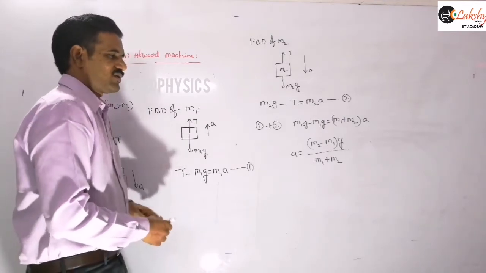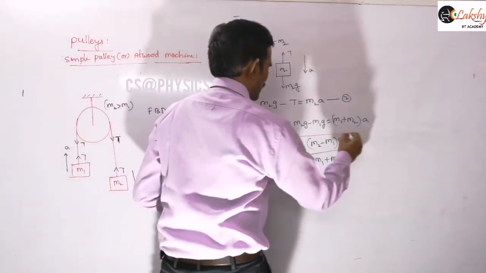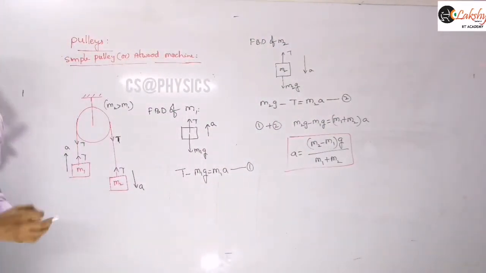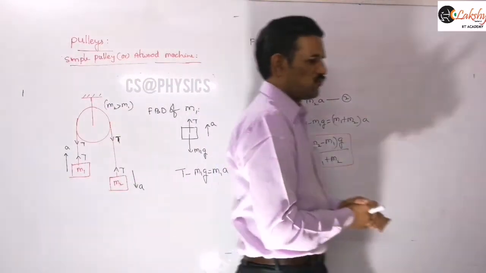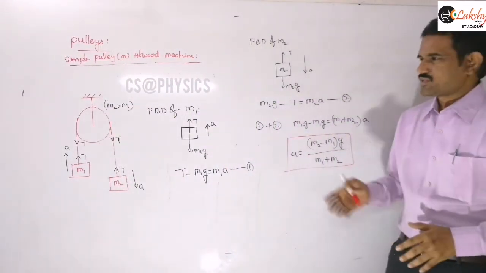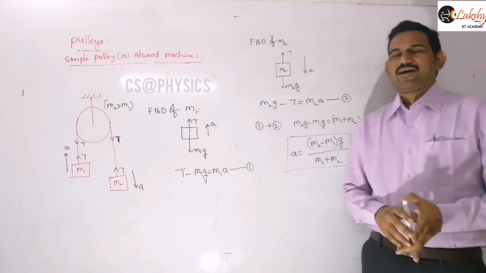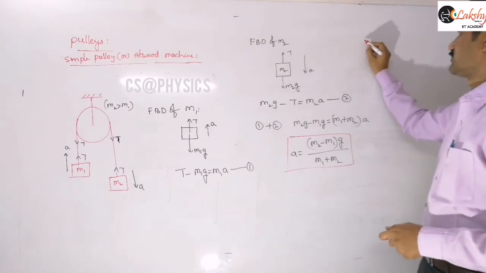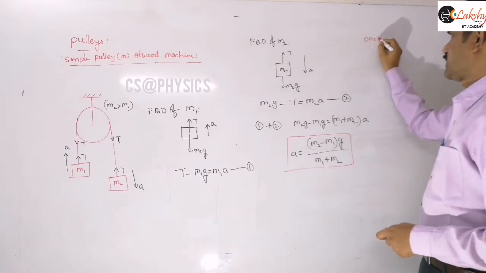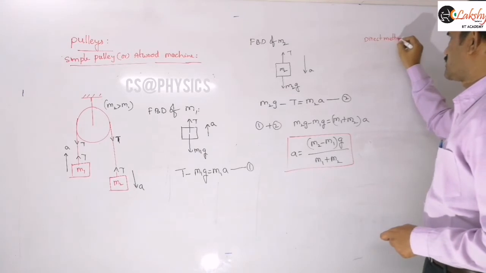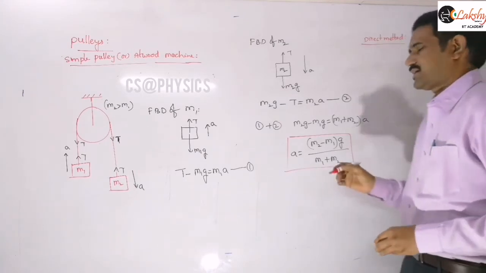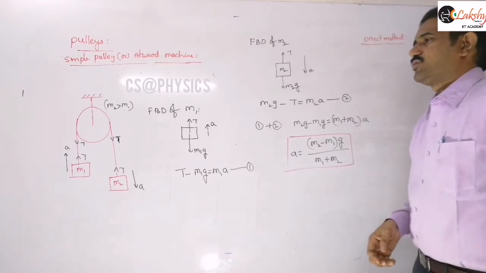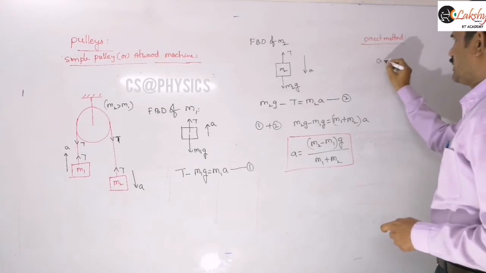Now you can observe that you can also write this acceleration directly. Here we wrote the force equation for both the blocks, and from those force equations I derived this. But we know another method to find the acceleration directly. Even in these pulley cases you can write the acceleration directly, as A is equal to